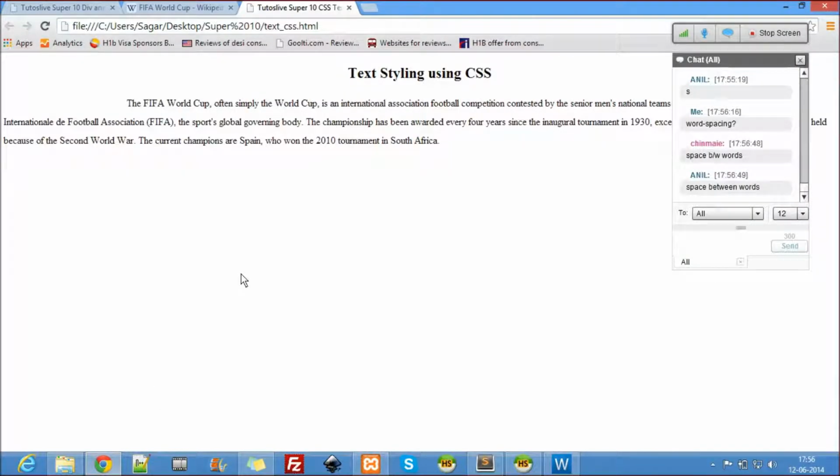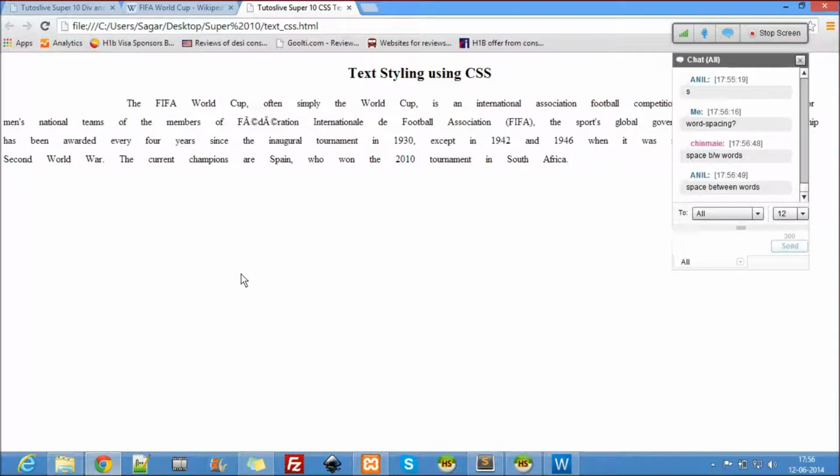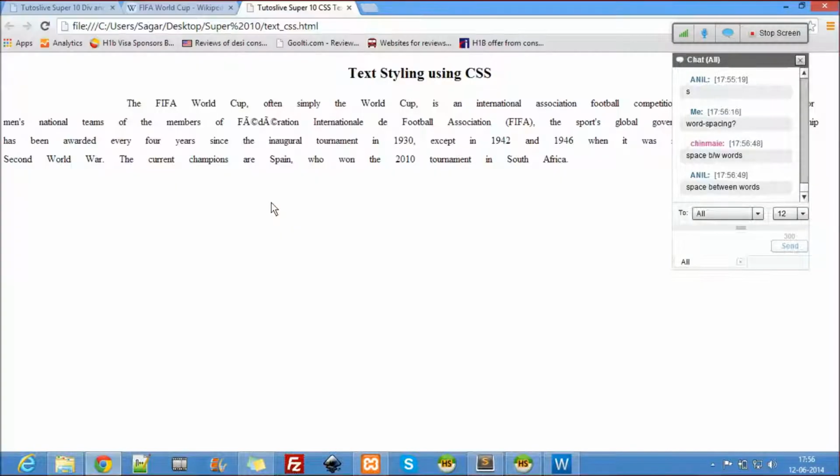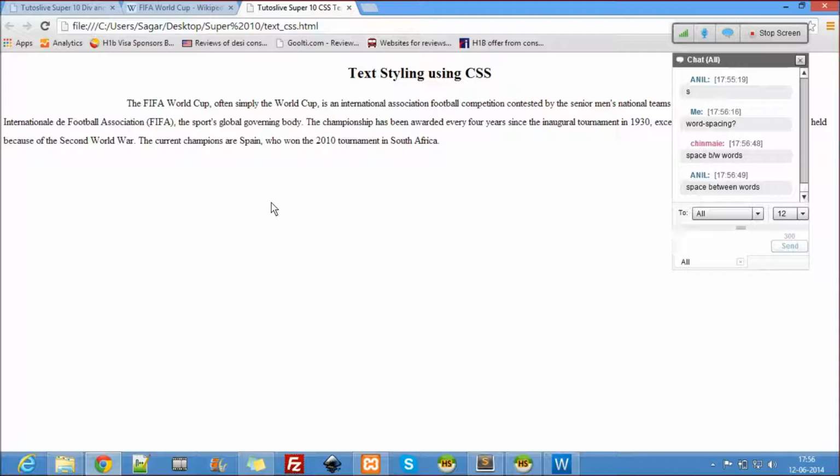Fantastic. You guys know everything before. So this is word spacing. Why again word spacing? It depends upon what kind of application yours is. I gave 0 pixels, so now it looks better. I can give minus also, I guess, I don't know. But yes, space between words.